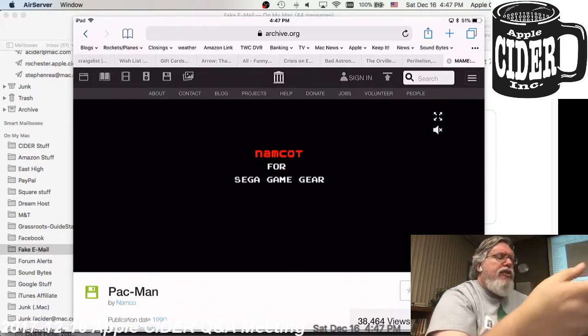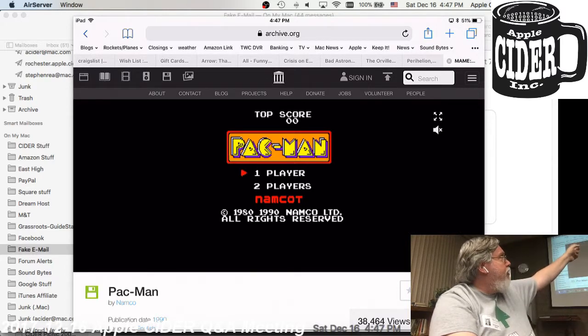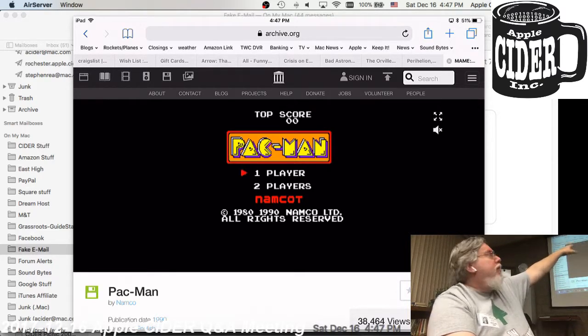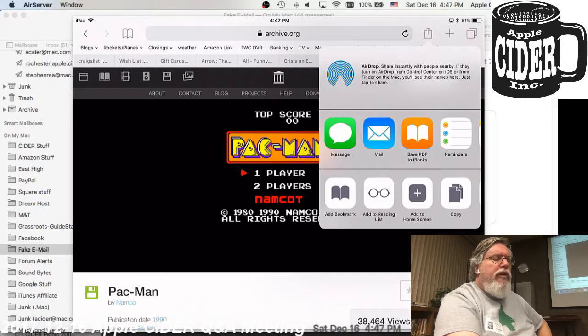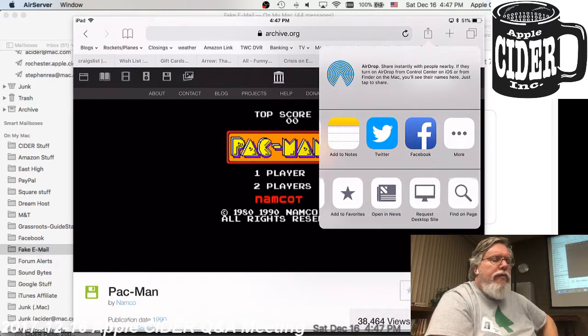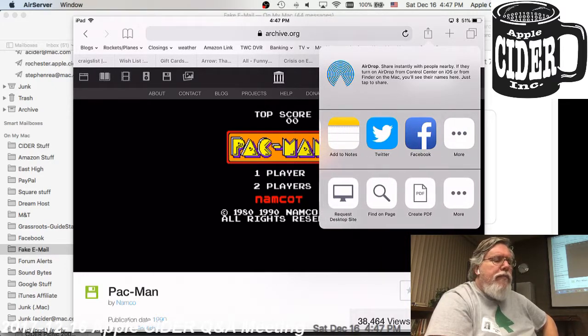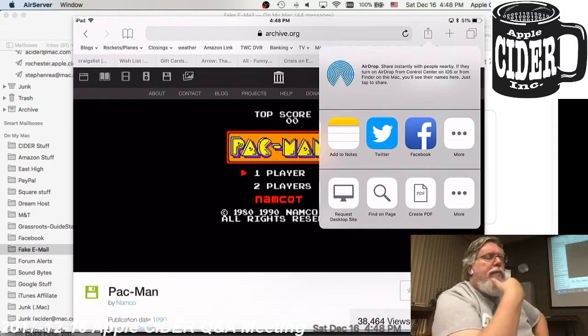Okay. So say I want to send this web page. I'm still on the iPad, so I'm going to hit the share sheet button, which is the square with the arrow pointing out of it in the upper right corner. I'm going to share that, and it gives me an option of where and how I want to share it. So different ways to share it. One, and then the big one at the top is AirDrop. So if I tap on AirDrop,